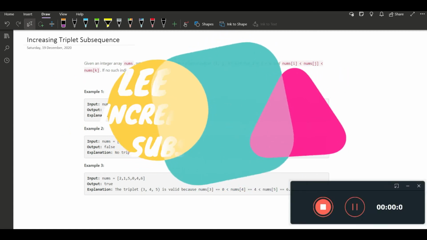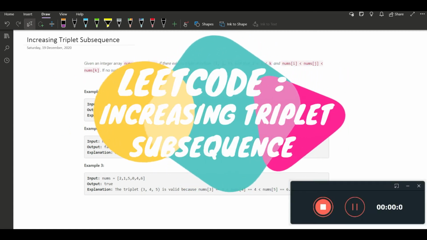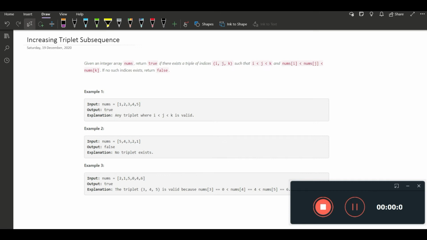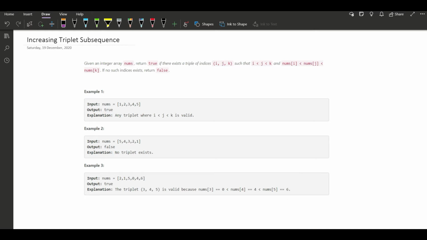Hello learners, I am back with another question called increasing triplet subsequence. So let's see what the question says. The question says, given an integer array